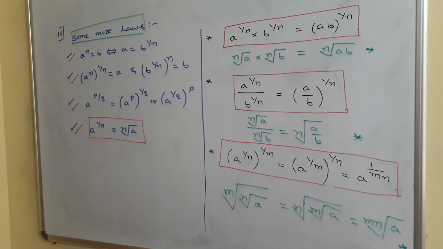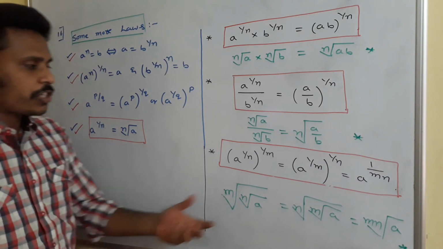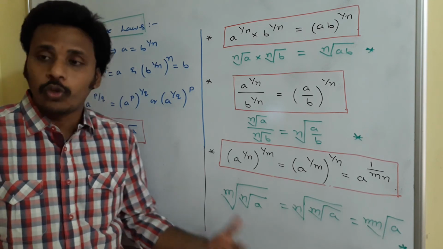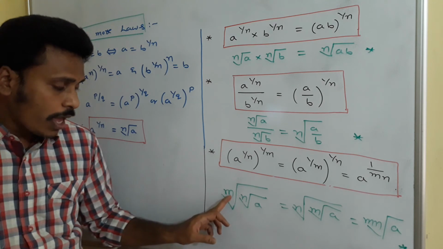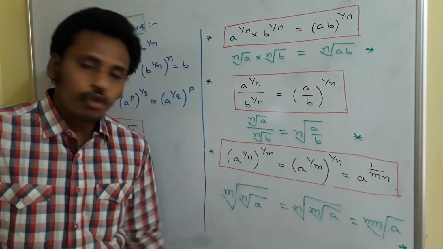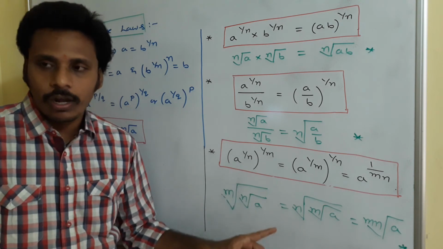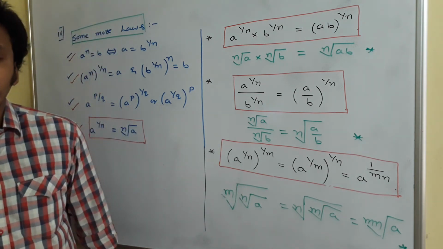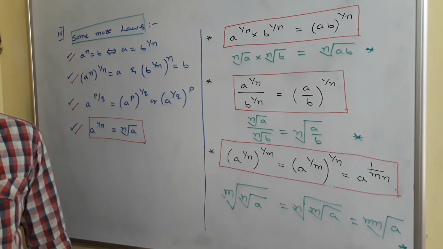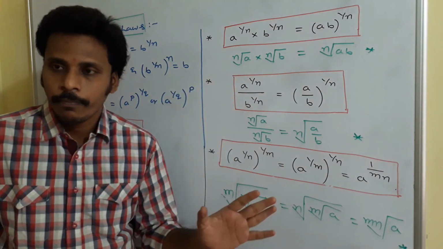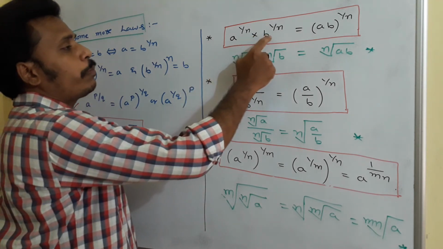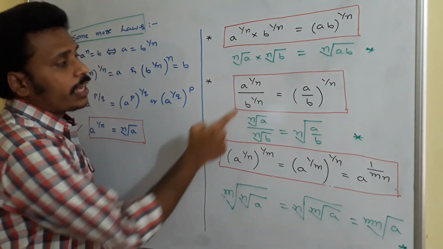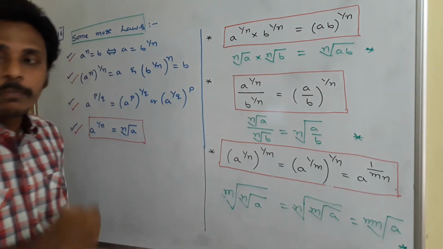These are some more precious laws which we will use to answer some simple problems. This is a special law we usually call the nth root law. You may memorize it either in this way or in this way. Since we are learning exponents here, in many cases we will use the exponential form. And one more thing, a^(1/n) · b^(1/n) is (ab)^(1/n), and a^(1/n) divided by b^(1/n) is (a/b)^(1/n).